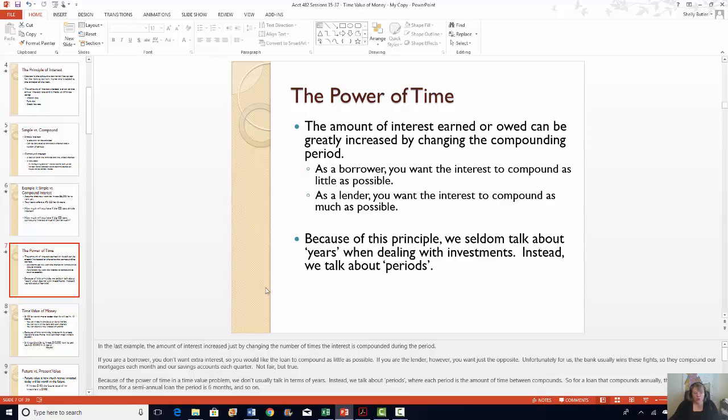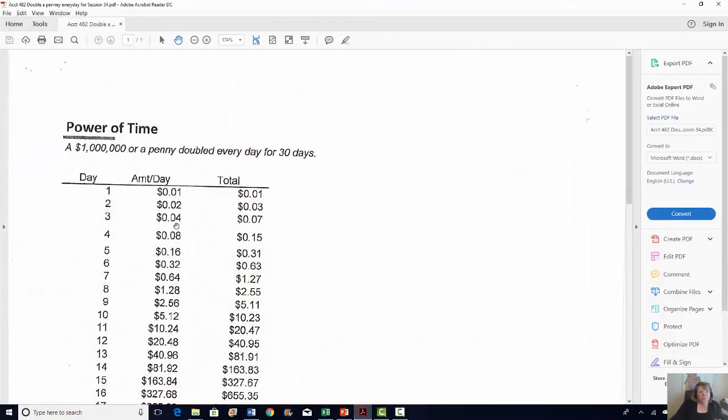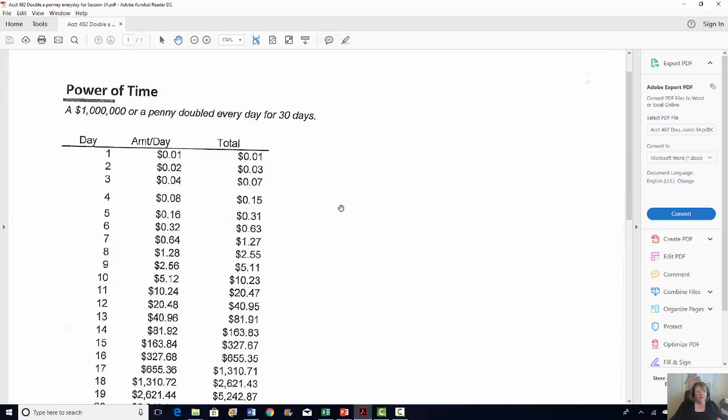Well, I'm going to show you my scan right here. And I tried it twice, and I don't know why it's crooked, but I tried to get that straight. So here's the power of time. $1 million or a penny doubled every day for 30 days. Did I say a year? 30 days. And if you look here,